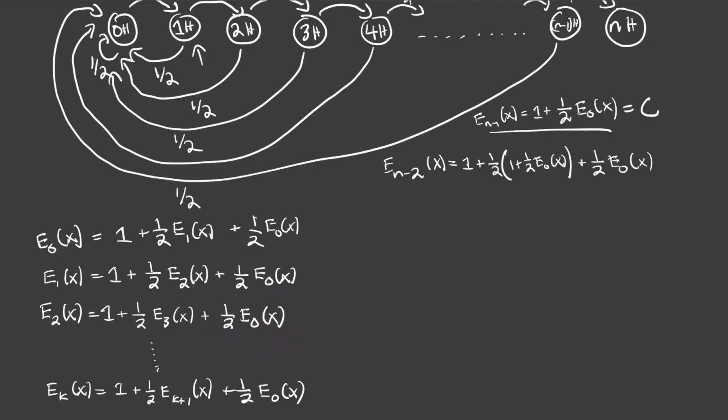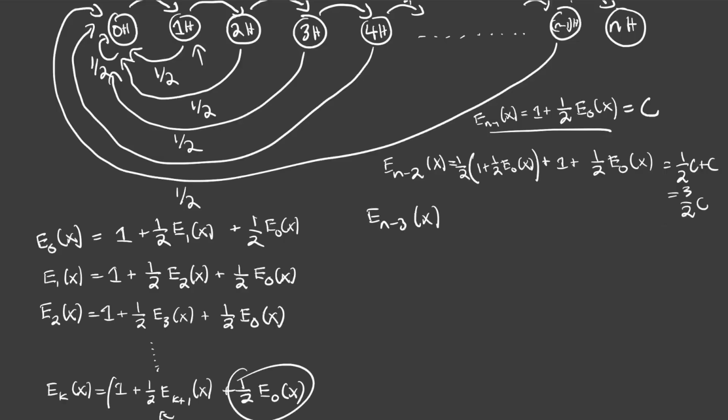So basically what we can do is rearrange this just for simplicity. I'm going to move this over here and move this 1 over here like so. And when I do that, this term right here is c, and then this term over here is c. So this is just basically 1/2 c plus c, or 3/2 c. Now you notice that for e sub n-3 of x, all we're going to do is plug in the term that we got previously. Now I'm using a c.